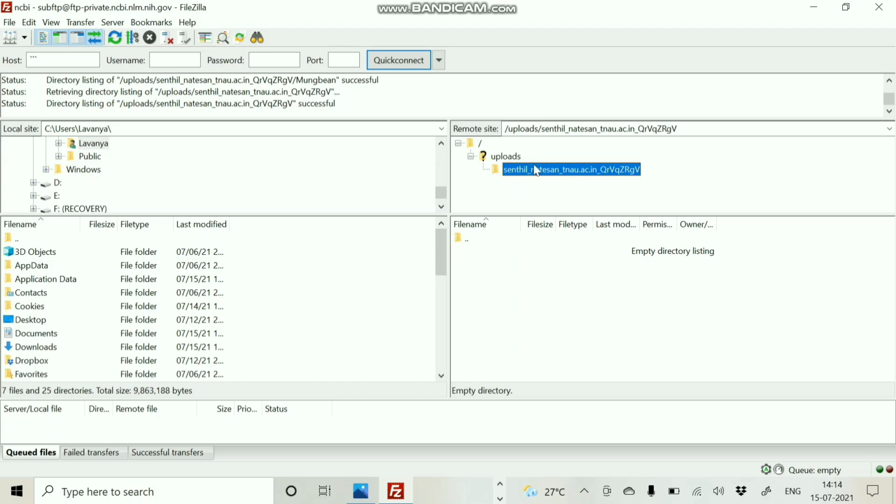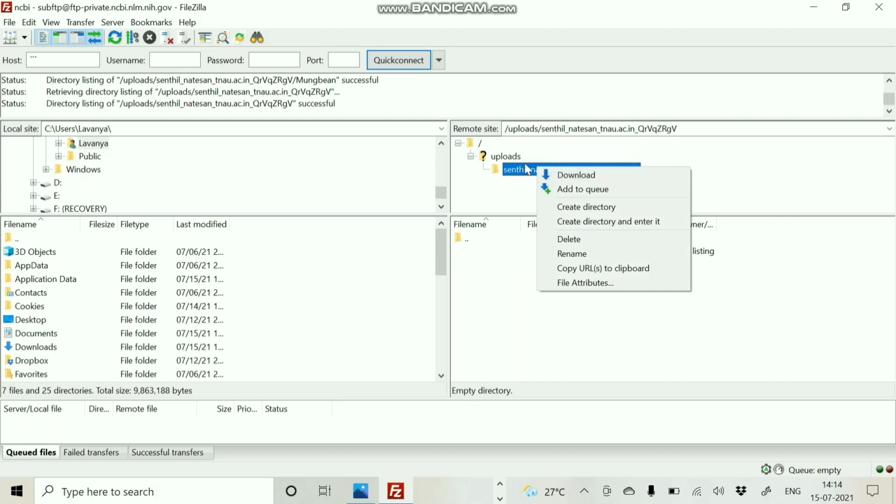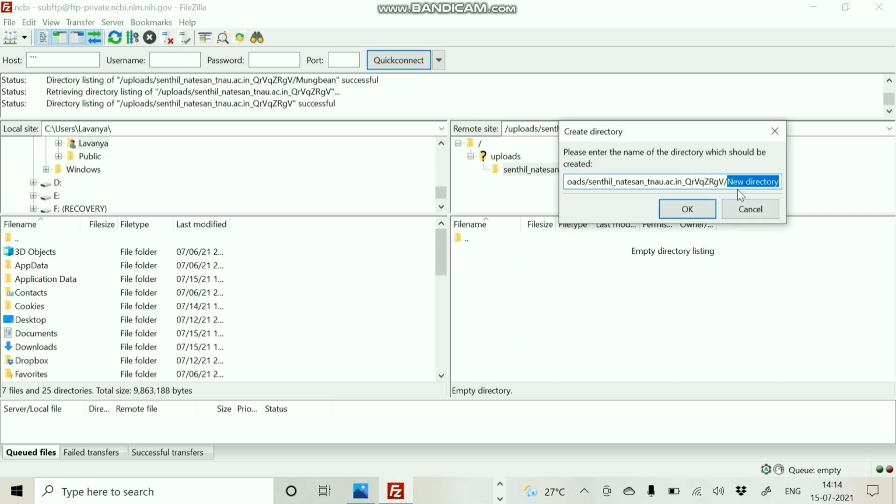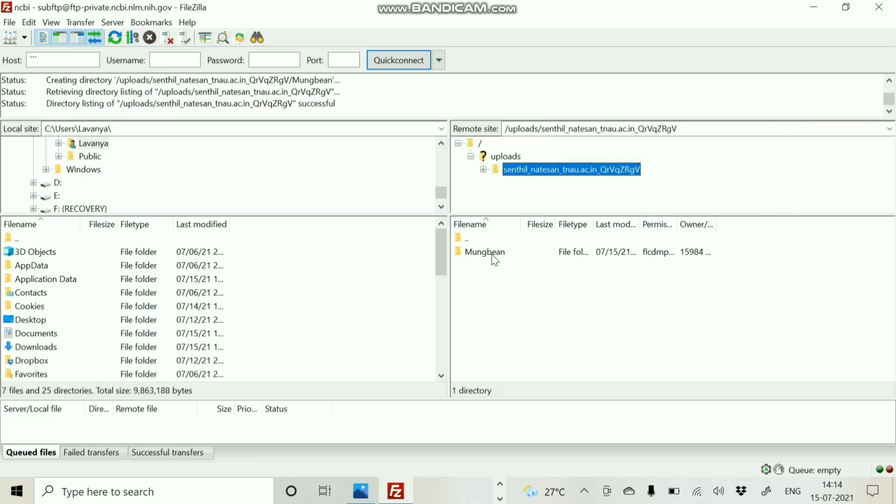So here we have to create a subfolder by right clicking and entering create directory with a meaningful name. So I'm going to enter Mugmin since I'm going to upload the transcriptomics raw data of Mugmin species. A new directory has been created here.